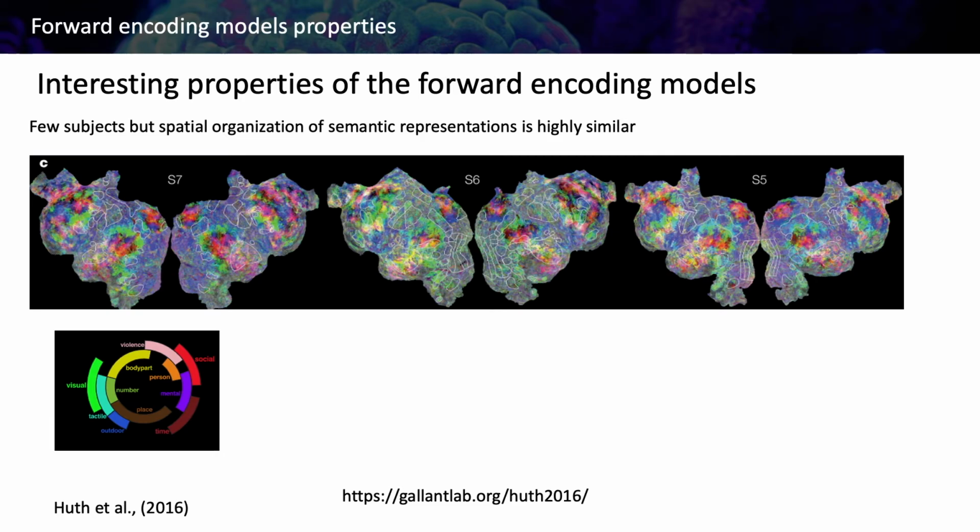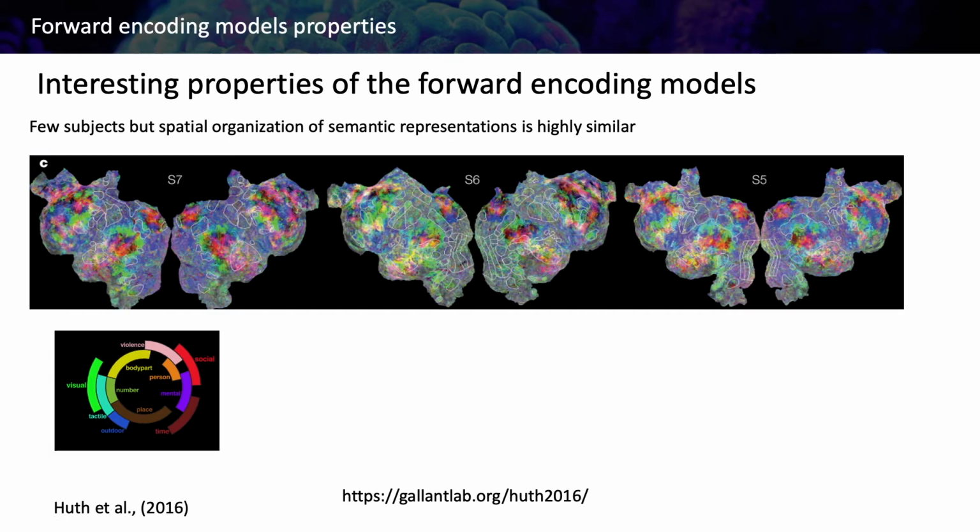So there is no region for social content, or no region for visual semantics, but you can see that it's quite spread along the cortex. But what is interesting is that they saw that in most of the participants, the regions show a prominent overlap. So the map is quite systematic across participants.